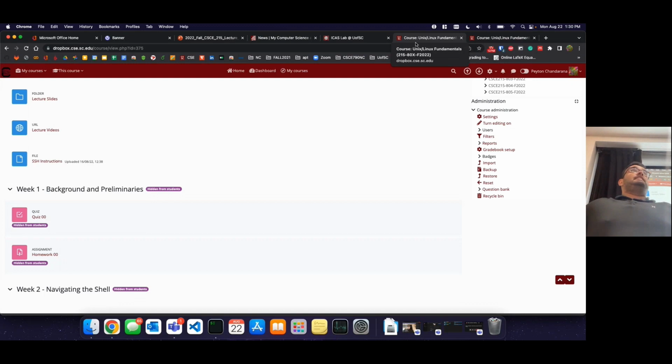Everything that we do in the class has to run on those computers in the Linux labs. If your solution to a problem does not work on those Linux labs, then how do I know it works, right? If it only works on your system, it's not really a solution, right? Because you can install 15 different programs to get something working, but then it doesn't work on somebody else's system. So again, Linux labs, please check that your solutions work on there. They should work on there because that's what I'm going to be using to grade, and that's what the TA is going to be using to grade, because we have to have a reference machine of some sort.